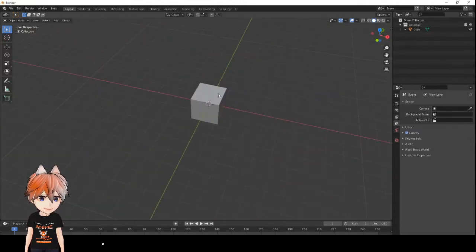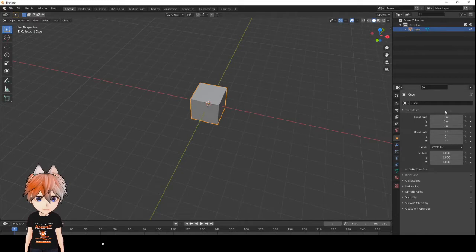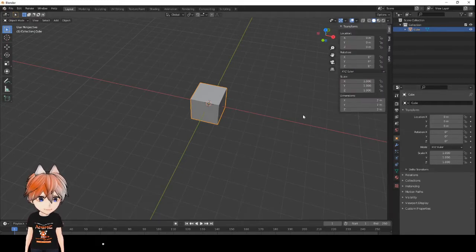So let's go ahead and select our cube here. And what I like to do, you'll press N and bring up the transform menu, and I'm going to work with the dimensions here. That will give you actual dimensions like you would use in real life, and it's set to meters, so this is 2 cubic meters here. It's 2 by 2 by 2,